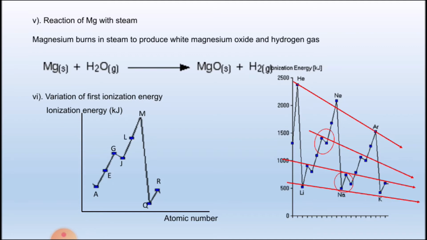This is the answer for this question. I'm saying that instead of magnesium you have to use R, because they have clearly mentioned that these elements are not with the standard symbols, so in the answer script we have to use the symbols that they have given. If we use standard symbols, sometimes we may lose marks even though the answer is correct.